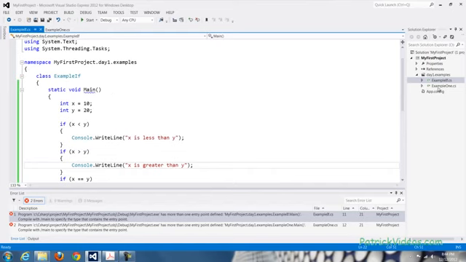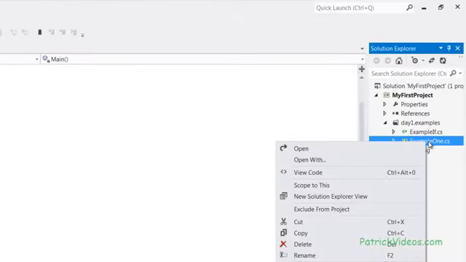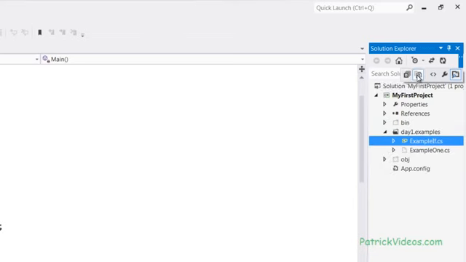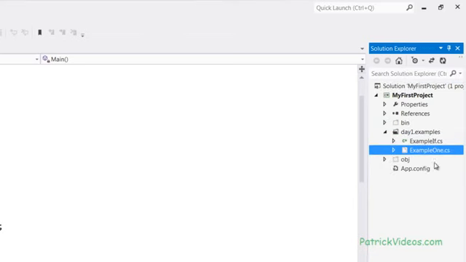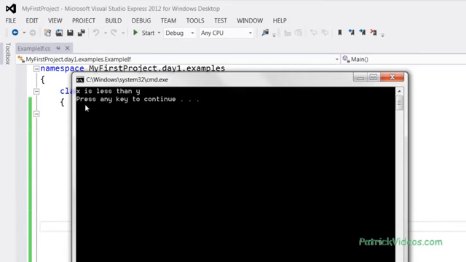So what we can do now is we can right click on example1, the older class file, and click on Exclude From Project. Once you click on Exclude From Project, it will disappear from the project, and at any time you want to see it, all you have to do is in the Solution Explorer click on Show All Files. When you click on Show All Files, you will see that the example1 is present, but it is hidden. It is not part of the project. Now if you click on Debug, Start Without Debugging, you will see that the answer is x is less than